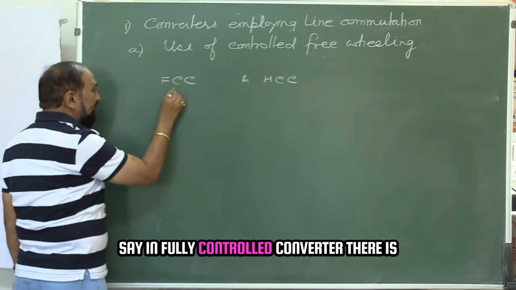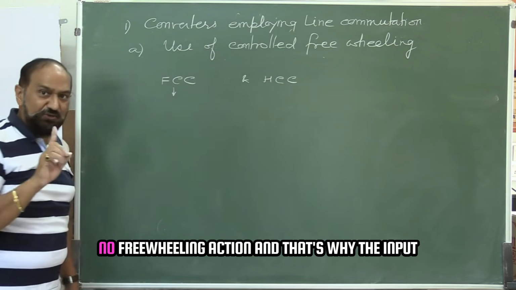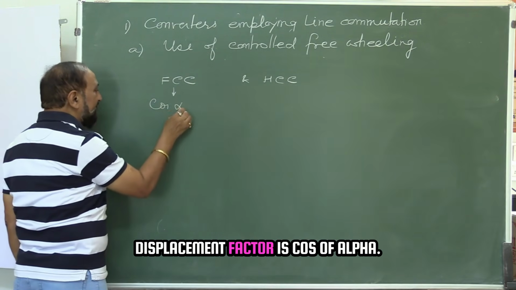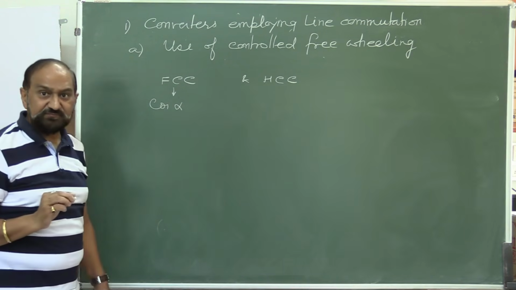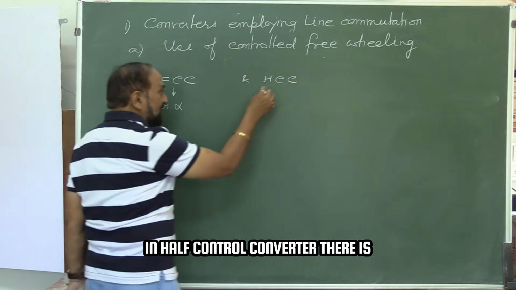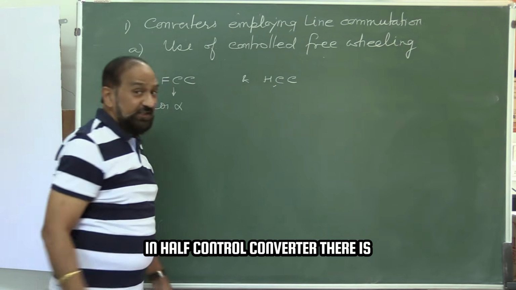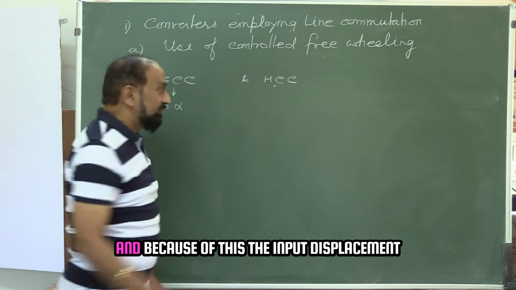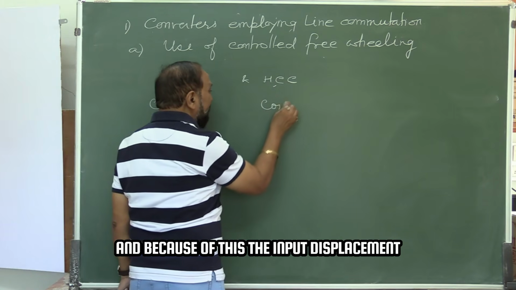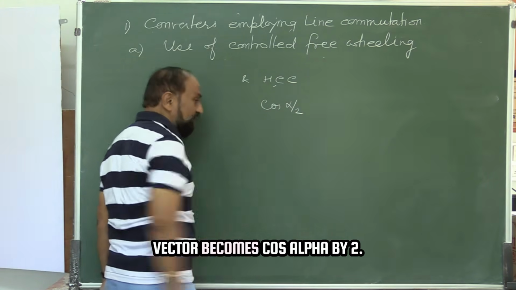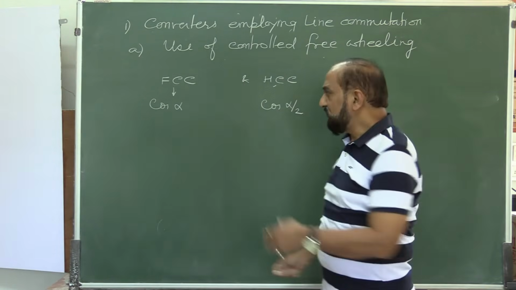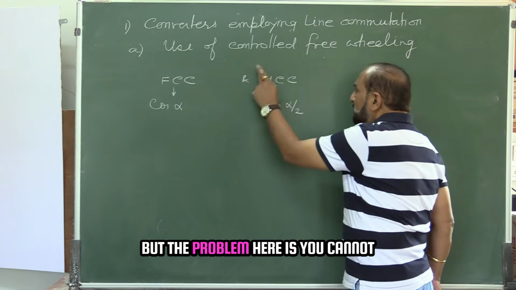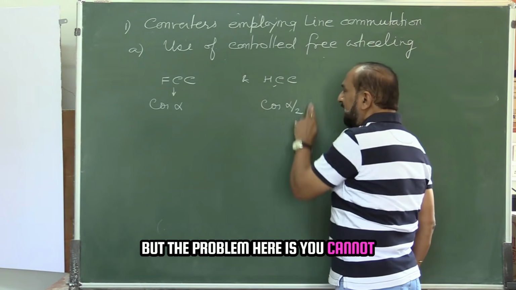Say in fully controlled converter, there is no freewheeling action, and that's why the input displacement factor is cos of alpha. In half controlled converter, there is a freewheeling action automatically, and because of this, the input displacement factor becomes cos alpha by 2. So there is an improvement in input displacement factor, but the problem here is you cannot have